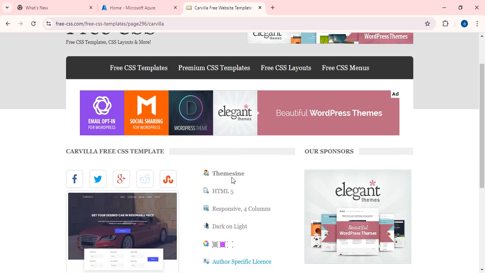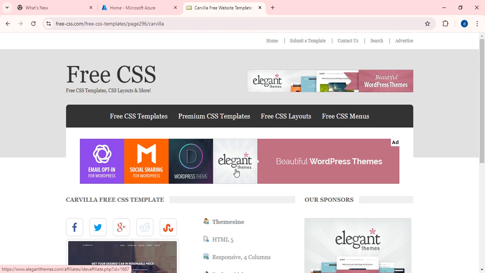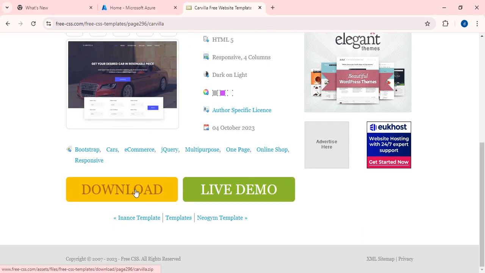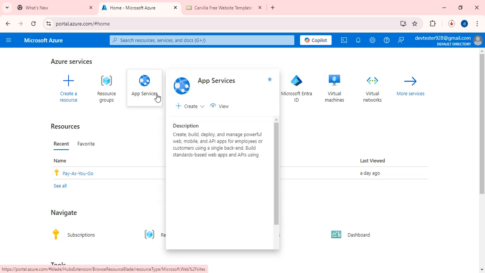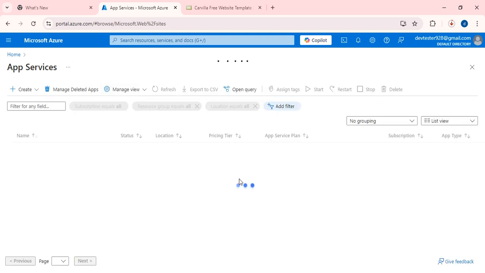If you just click here, you will get the download option. If you click on download, it will be downloaded automatically. As I already downloaded it on my desktop, I'm not going to download it again. If you want to download, just click on download and it will automatically go into the downloads folder. Okay, fine. Right now, as I don't have any app services, if you open here, you can't find